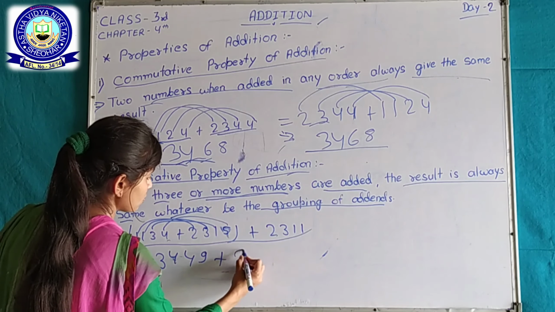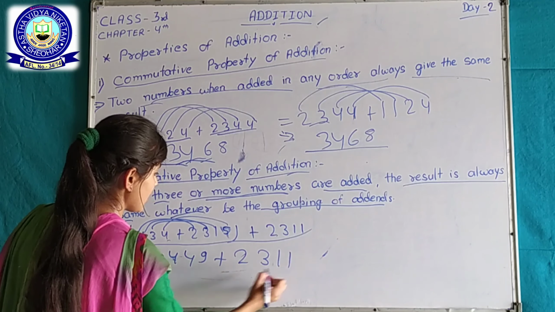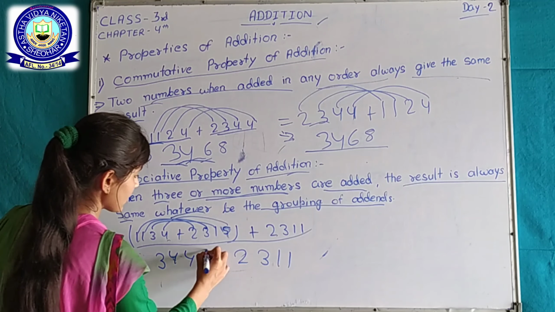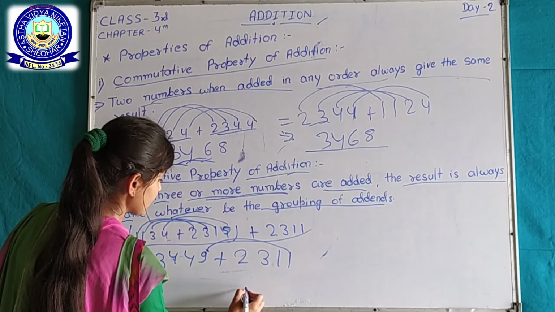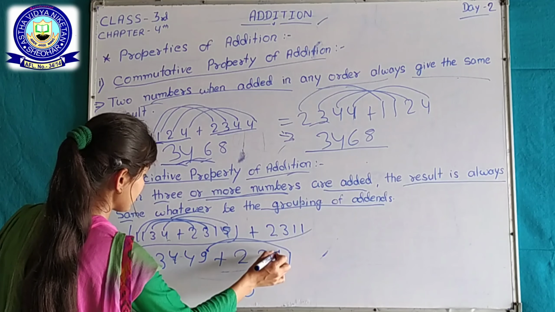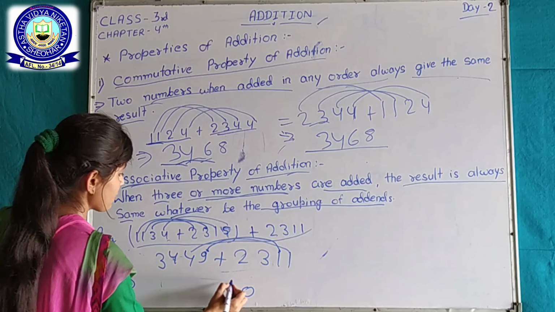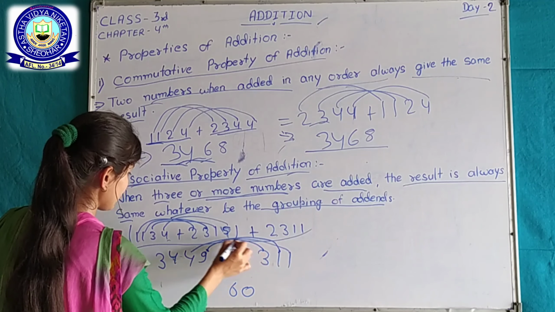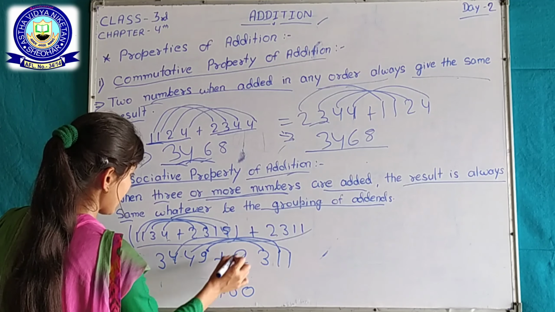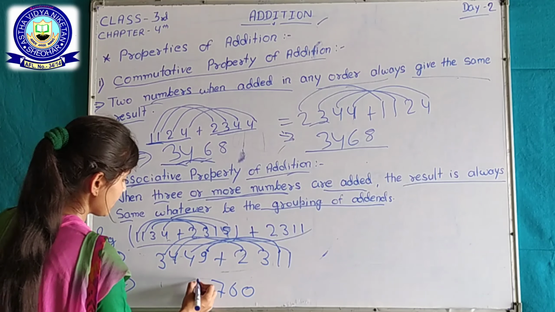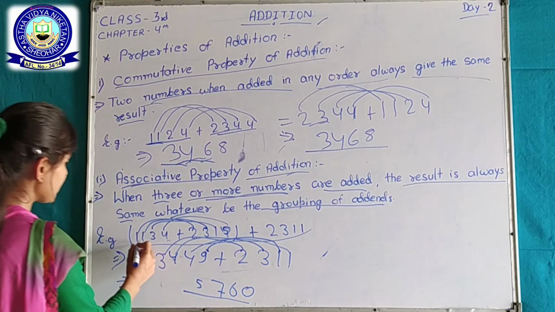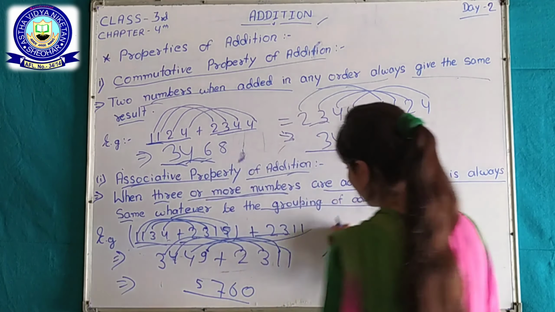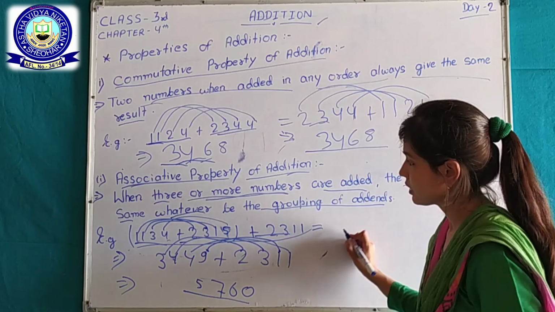Then 2311: 9 plus 1 we get 10, 0 carry 1, 1 plus 4 is 5, carry 1 is 6, 3 plus 4 we get 7 and 3 plus 2 we get 5. This is the sum of these 3 addends, and when we add it in this way,